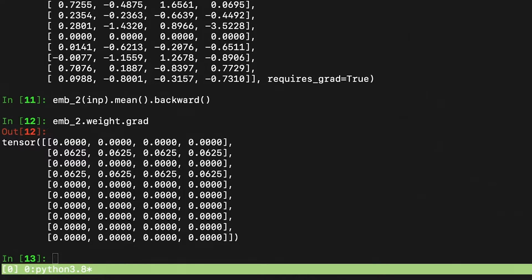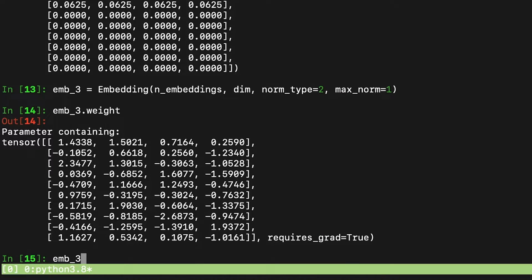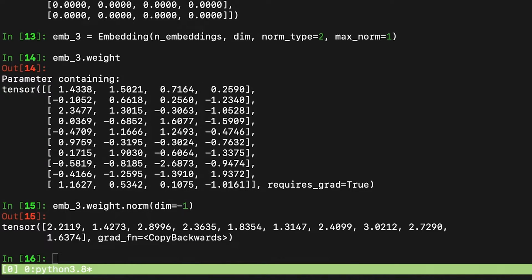Finally, let me try to use the max norm. The goal is to make sure that the norm of the embeddings is not too big, or in other words, that the embeddings do not move too far away from the origin. Here I selected the L2 norm and I set the maximum equal to 1. So here you are probably really surprised because the normalization clearly did not take place.